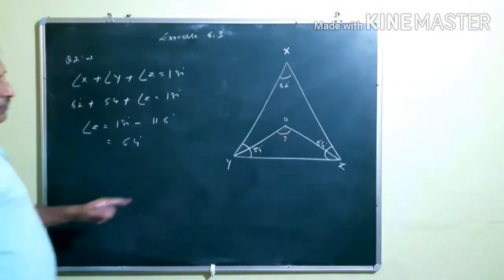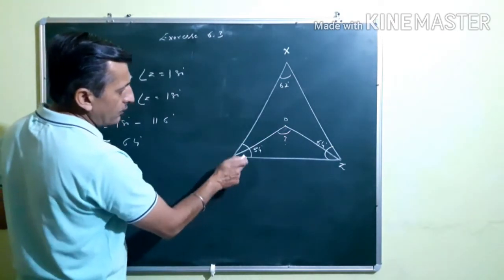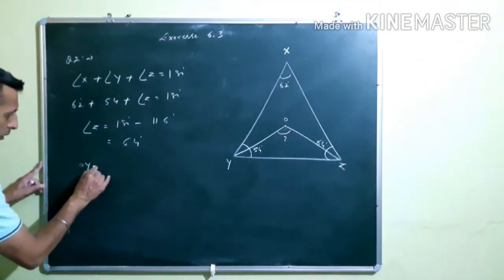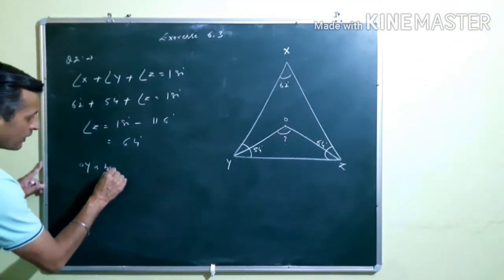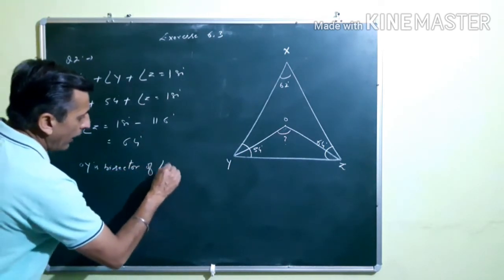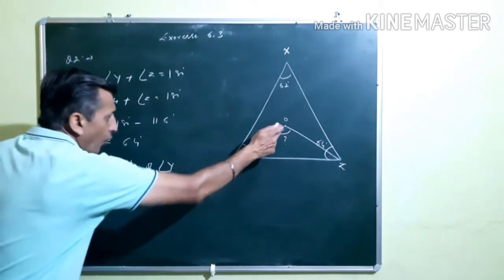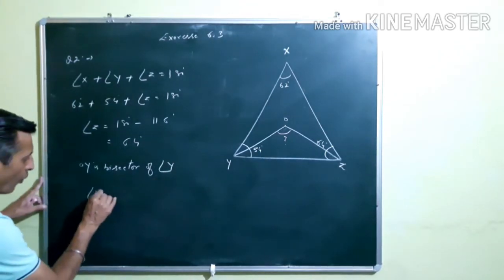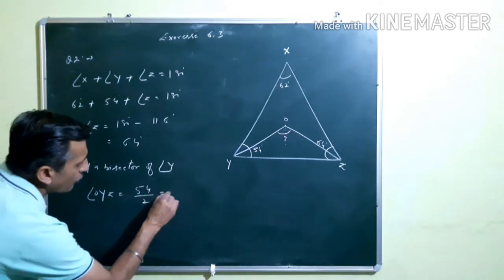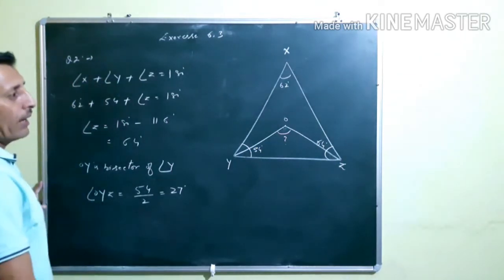Okay. Now, but we have to find this one angle, and he said that OY is a bisector of this angle, and similarly OZ is a bisector. Okay, so if OY is bisector, he said that this is a bisector of angle Y. So that means it divides this angle into 2 equal parts. So that's why angle OYZ is nothing but that is called your 54 upon 2, that is called your 27 degree. Similarly, he said that OZ is again a bisector.